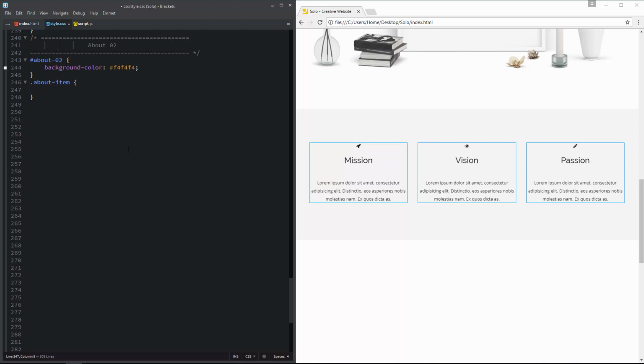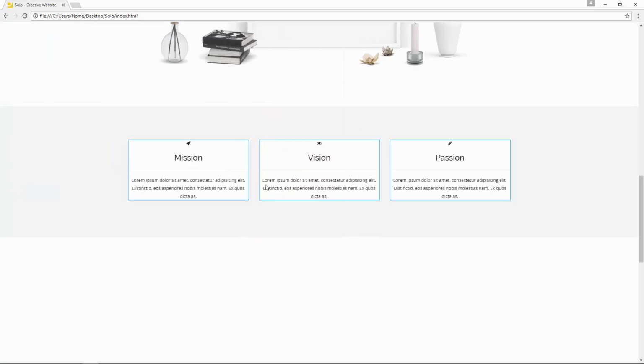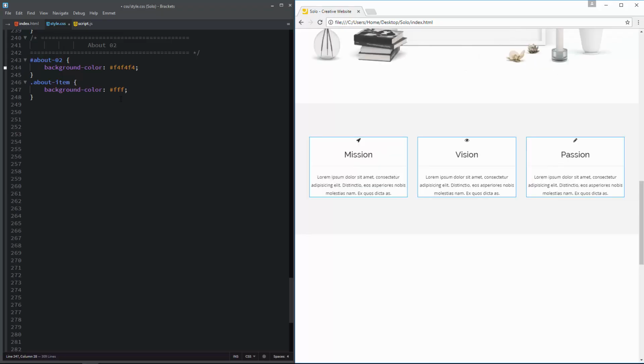The very first thing I want to set is the background color. And the background color for these three columns should be white. Now we have a white background color for these items. Next, I want to create some internal spacing for these boxes.